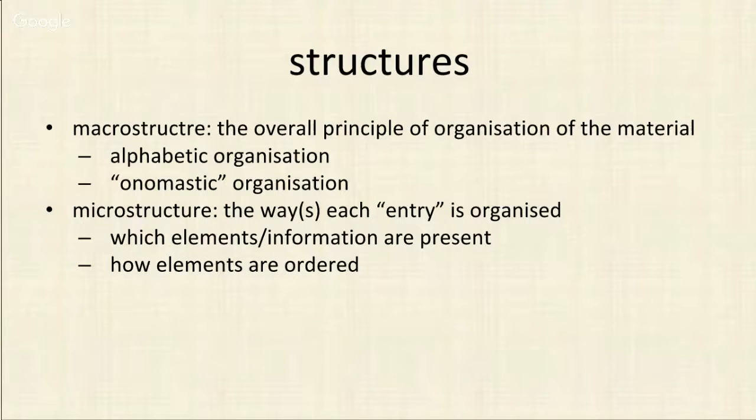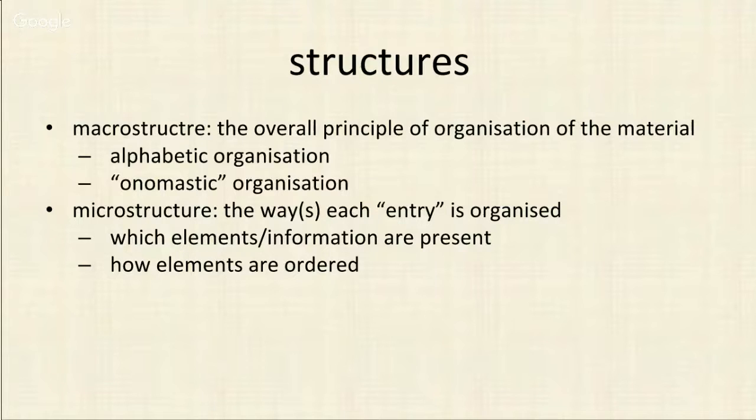The macro structure is the overall principle of organization of the material, and there we have two different approaches. The one is a purely conventional principle, of which the alphabetic organization is the most well-known. And the other one, which is called onomasiological organization, but has also very different other names, is an